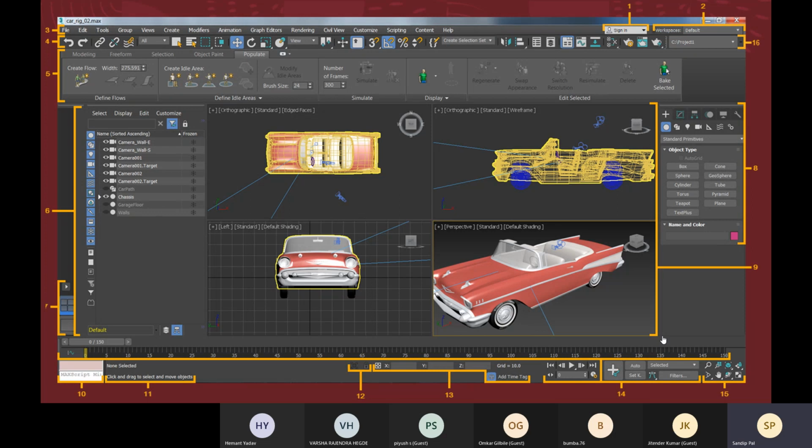So for that, we need to come to this 3ds Max or any better visualization software like Lumion. Here we can create our materials.